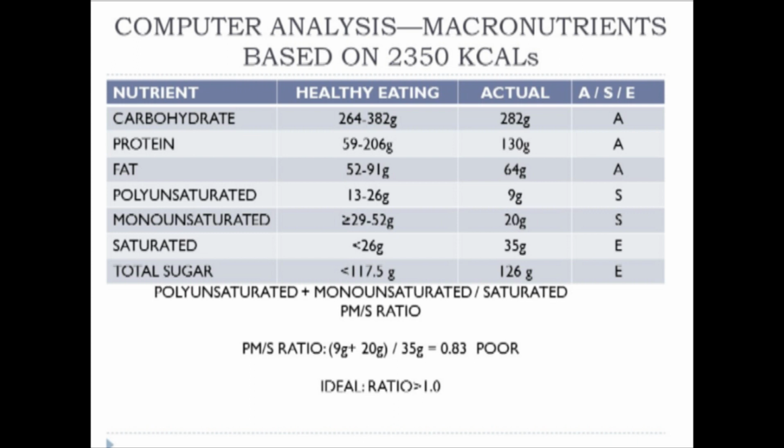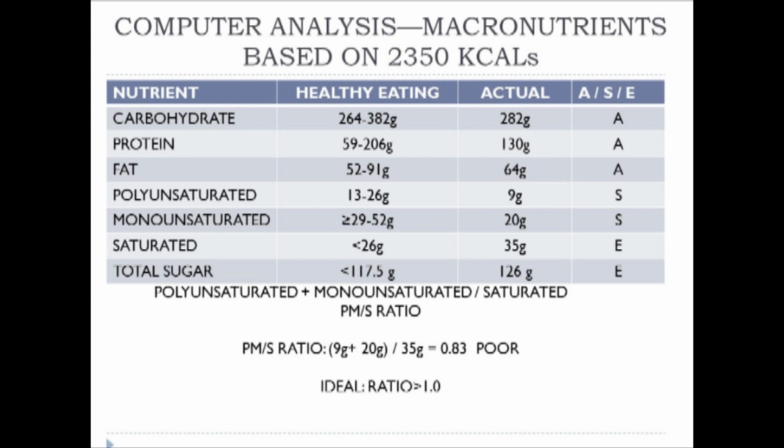Now we can actually input the actual computer analysis of the diet, and we can see that in column 3. 282 grams of carb, 130 grams of protein, 64 grams of fat, and so forth all the way down. And on the 4th column, we're going to assess whether it's adequate, suboptimal, or excessive. So A for adequate, S for suboptimal, E for excessive. If we look at the carbohydrates, it's very easy, because now we've got our standards in the 2nd column in grams, and we have our computer analysis generating our actual intake in grams. So at 282, we're clearly between 264 and 382, so we get an A for